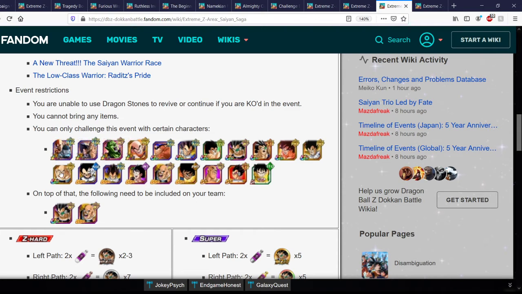Physical Nappa can be decent, because he does have type advantage. This Vegeta's not terrible. This Vegeta is terrible. This Goku is terrible. And then this guy, who you have to have. This Nappa. That Nappa takes forever to drop because he's a droppable